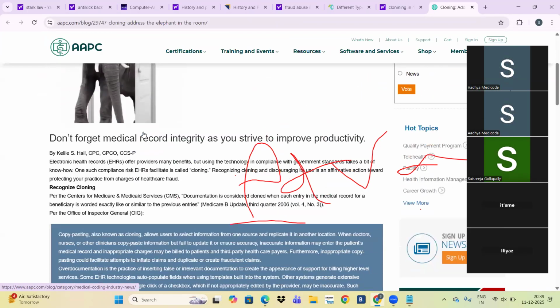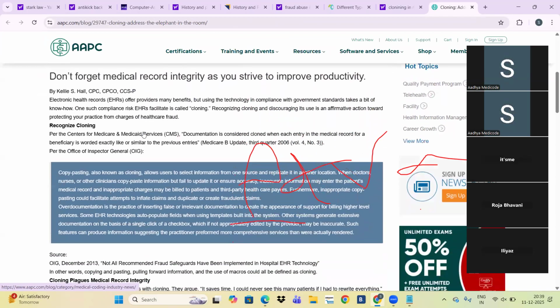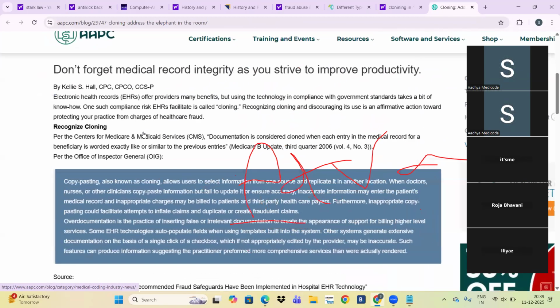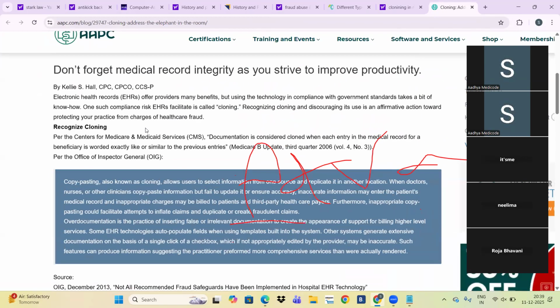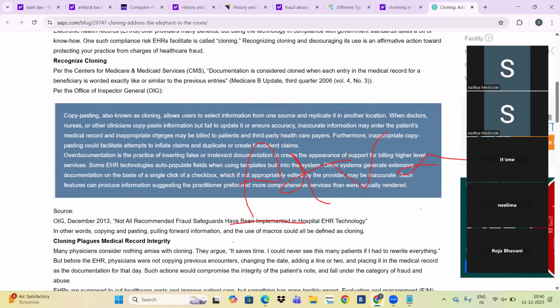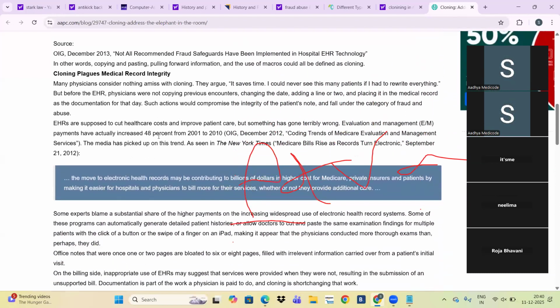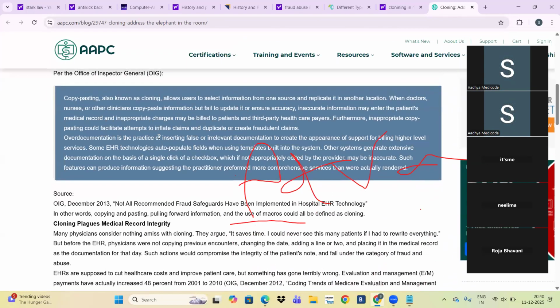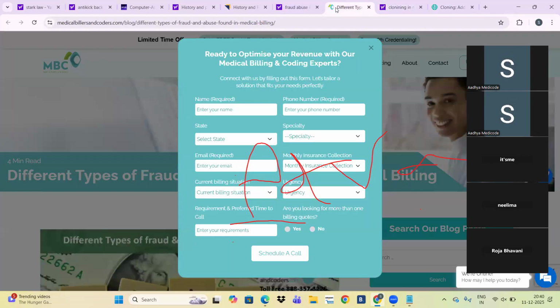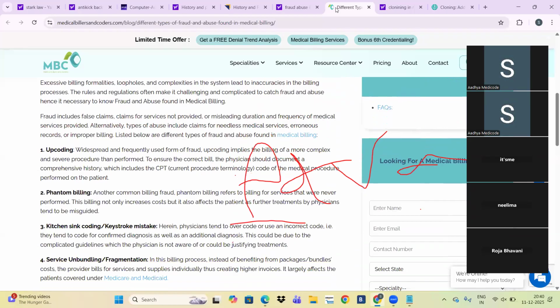Then abuse means violation of rules. If they do it intentionally, knowingly, wantedly, like making super bills, it should be fraud. If it happens by mistake, it should be abuse. By mistake, abuse. If they do it wantedly, making super bills, it should be fraud.